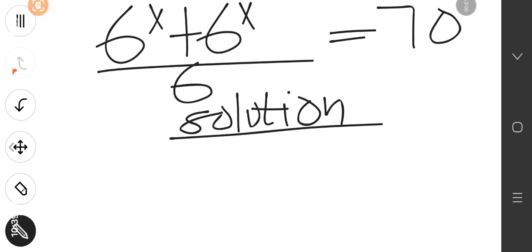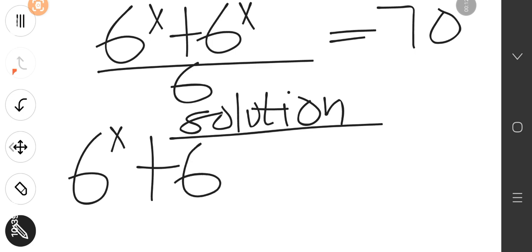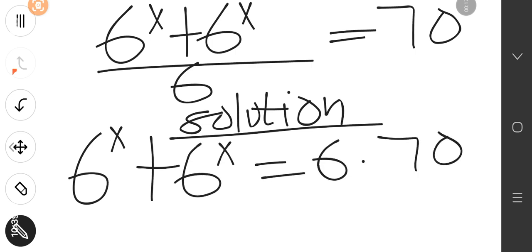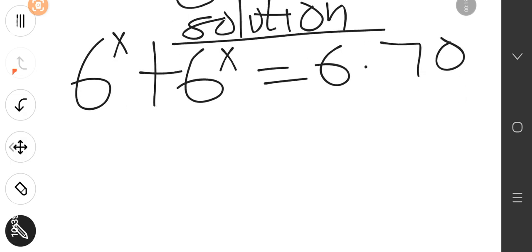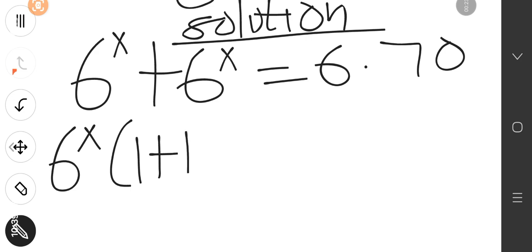So we have 6^x + 6^x/6 = 70, okay? So our equation becomes 6^x + 6^x = 6 times 70. All right, so let's factorize. So we are going to have 6^x multiplying (1 + 1) = 6 times